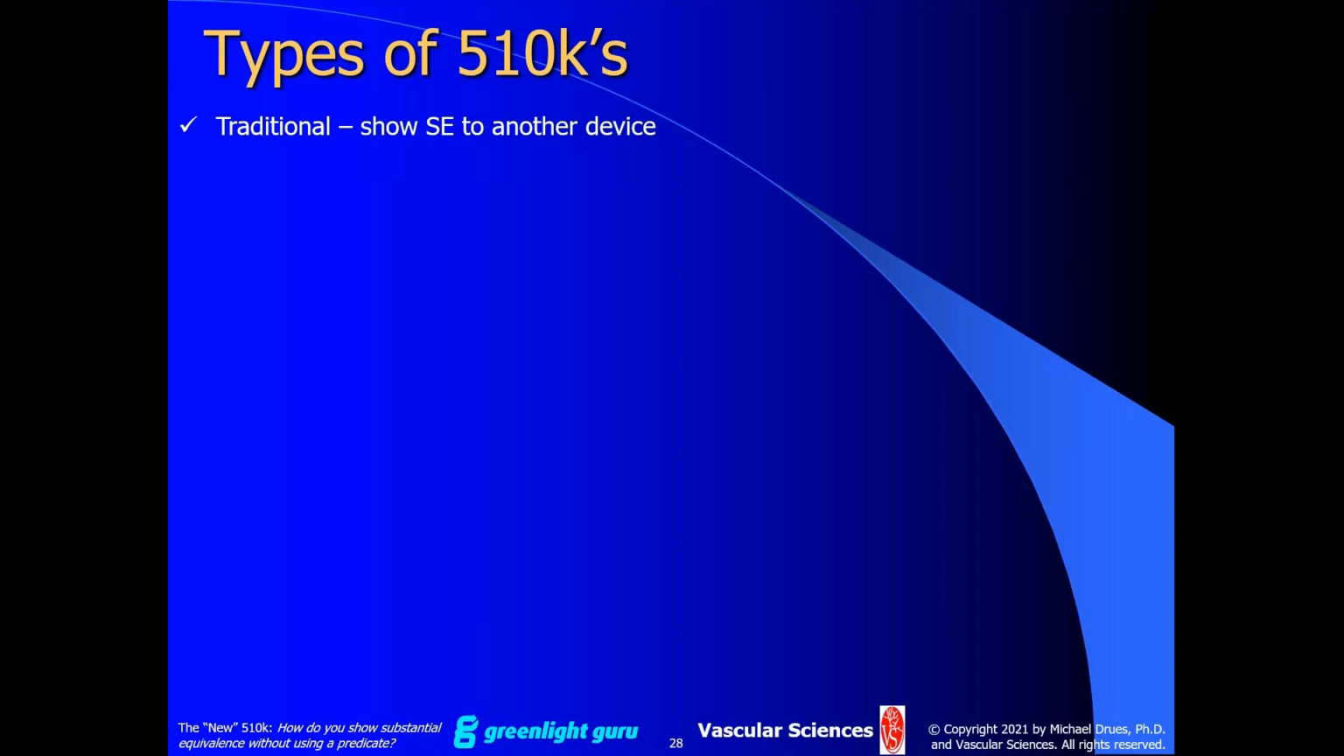Could be one of our company's previous devices or a competitor's device, it really doesn't matter, but we're showing substantial equivalence to another device already on the market. The other type of 510K is a